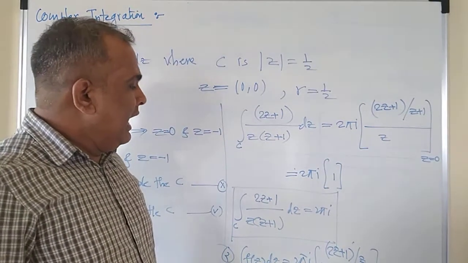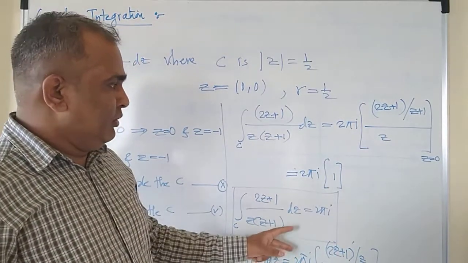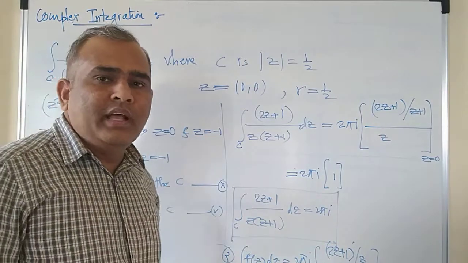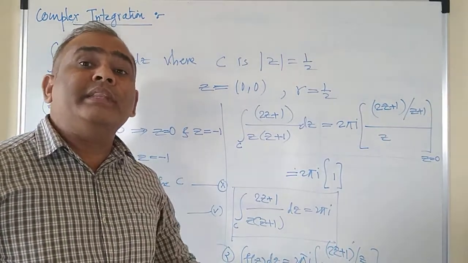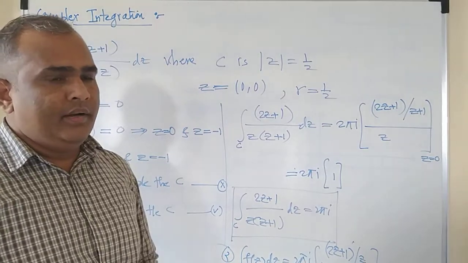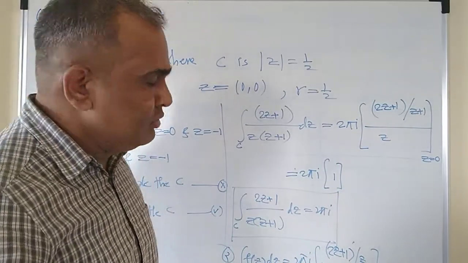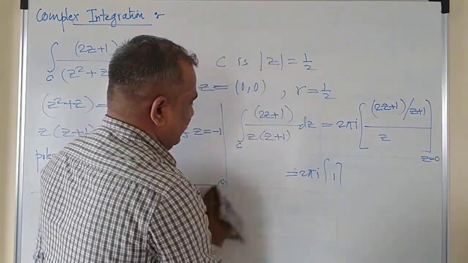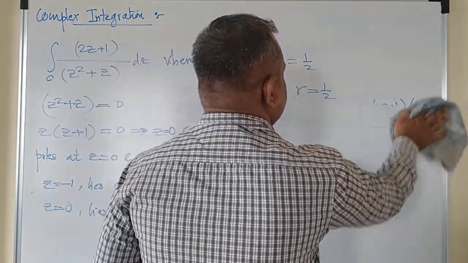But ultimately you have to add both the contours, because these are two different contours. And 2 pi i plus 2 pi i, the answer of the given problem in that case will be 4 pi i. Right? So hope you have understood this case. We will solve one more problem so that you will get more clarity.